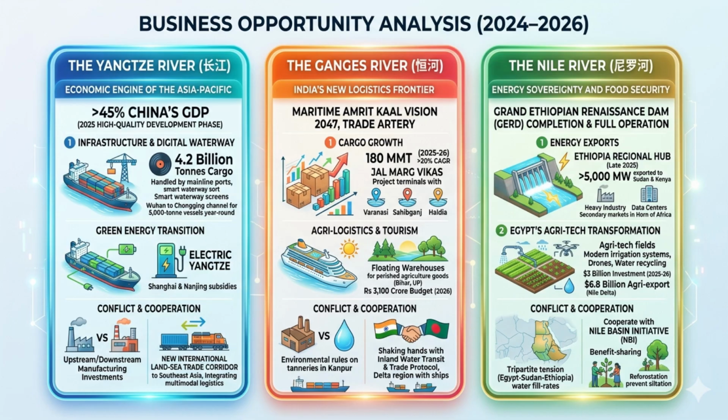And if we look at the next river, the Nile River, you can see that, of course, energy production is also one of the potential business opportunities, followed by agri-tech, because along the way, using the Nile River to support the plantation of the surrounding agricultural business development is very promising. So again, this will be one of the key areas. But of course, because it supports quite a few countries along the whole river, naturally you will come with conflict and also confrontation or disagreement among countries that depend on this river.